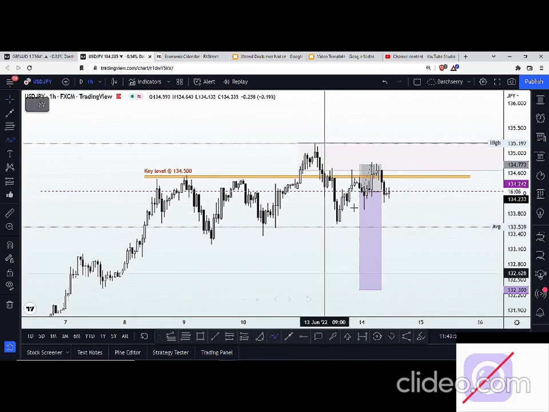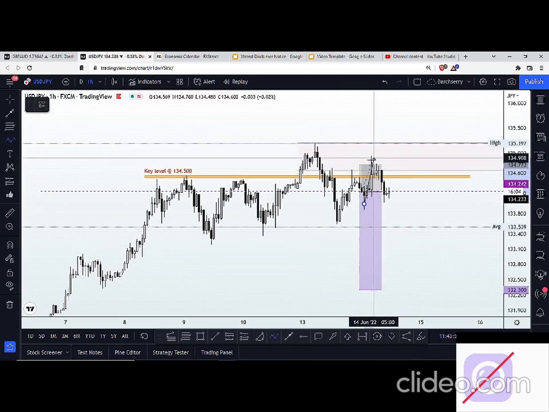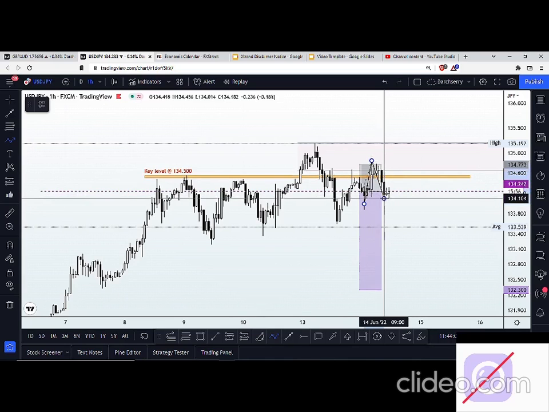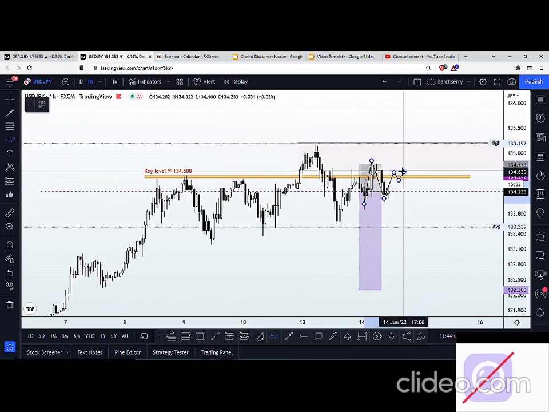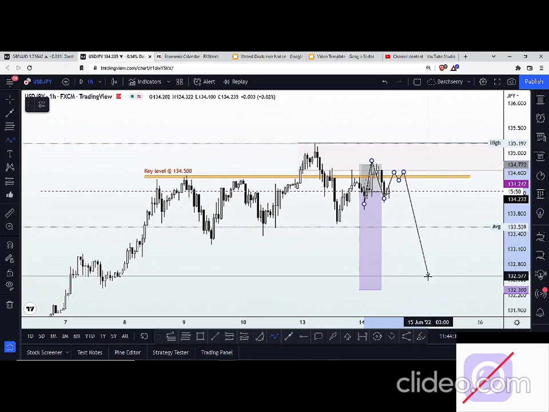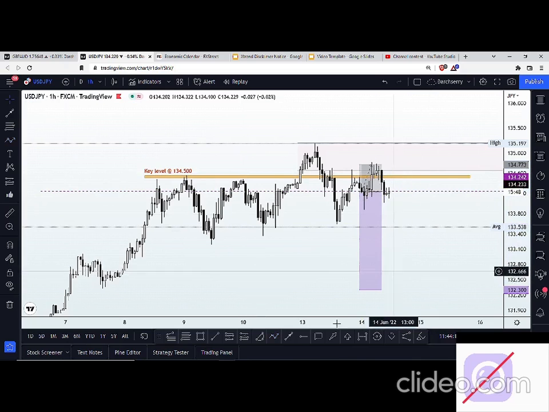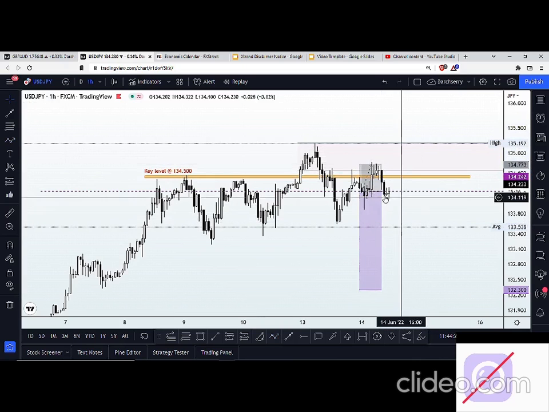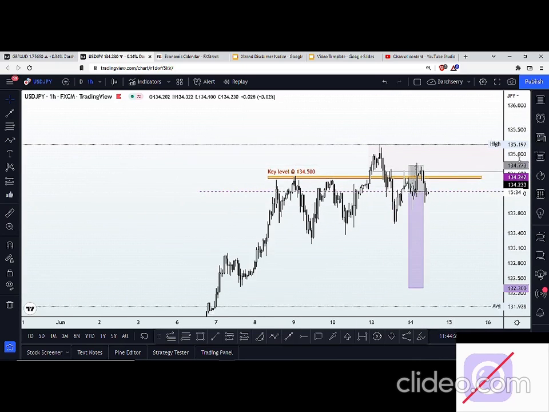Since we already have a rejection, a retest of structure, which is the area where price action began, then we saw the breakdown of that key level. Then if we see price do a retest of that key level, the pattern that supports a trend continuation to the downside could be taken. However, this is what we don't want to see. We don't want to see price above the key level, as price running above the key level could push price further up. So going into the New York session, we want to have the key level as our first yardstick,